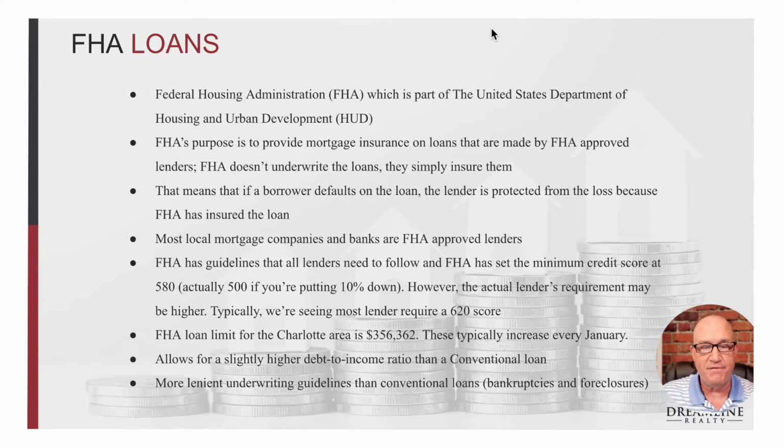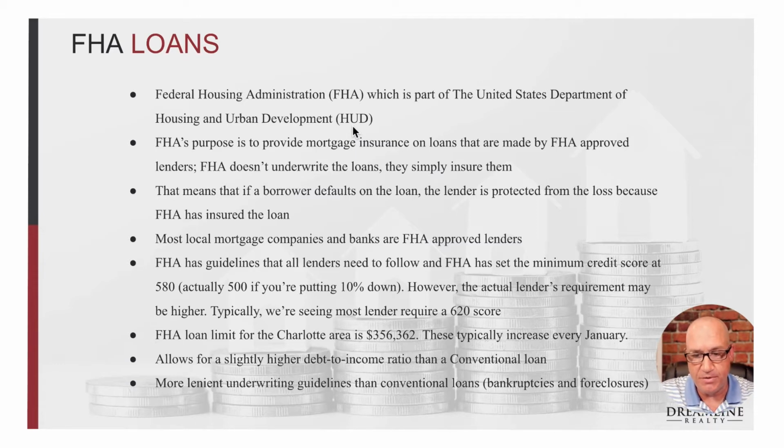So just keep in mind, if you think about going after an FHA loan, your loan isn't going to go to some other city across the country to be processed. It is going to be handled right there with your local lender. And again, the lender is insured in the event that you are to default. So most local lenders in Charlotte are FHA approved, and of course most banks are as well. So if a local lender wants to do FHA loans, they have to go through a series of steps with the FHA to get the FHA approved status. And once they have that, they can offer the FHA loan.